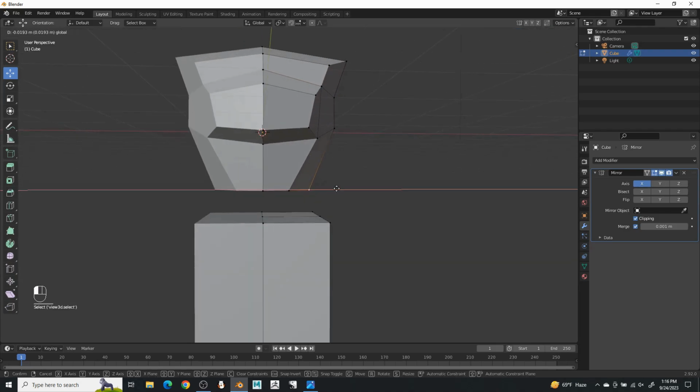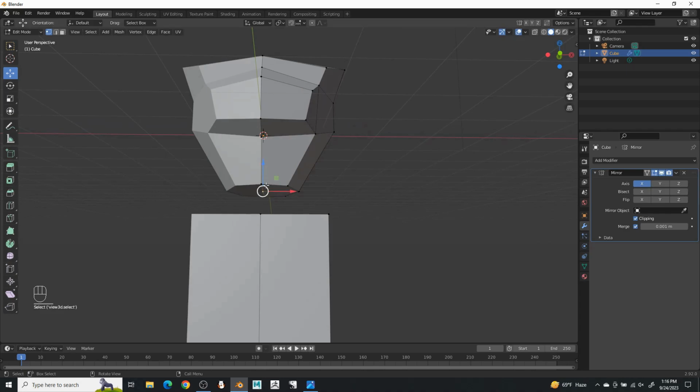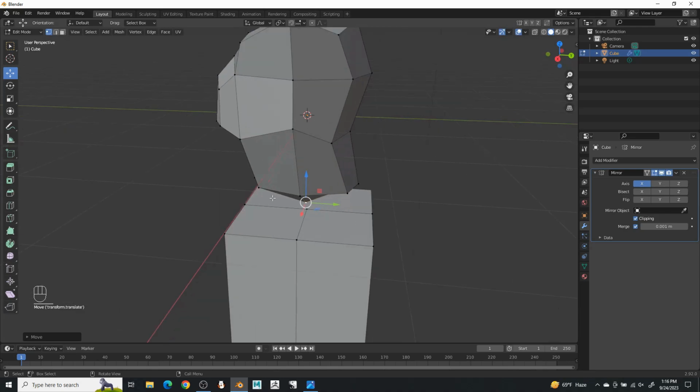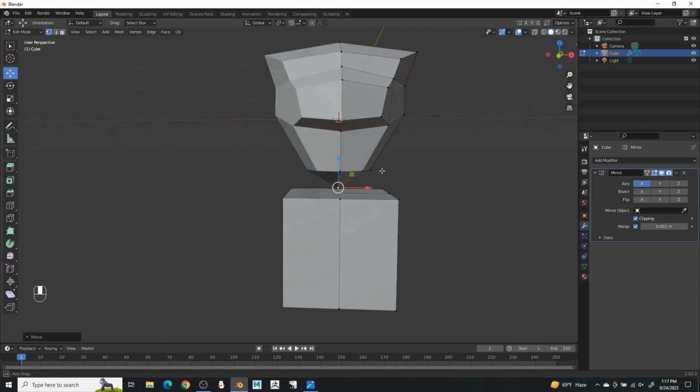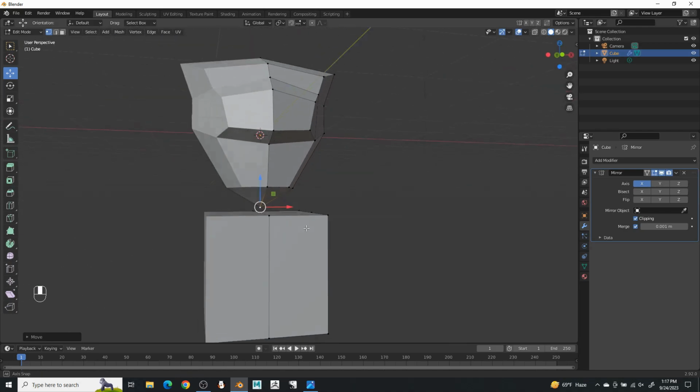Okay, I kind of like that. Let's pull that one in a little bit, since I do kind of want her to have a small waist. And then pull that down so that her top won't just awkwardly separate from the rest of her body when I pose her. Now let's work on